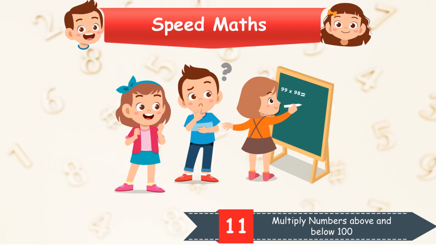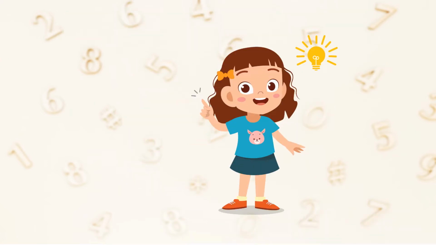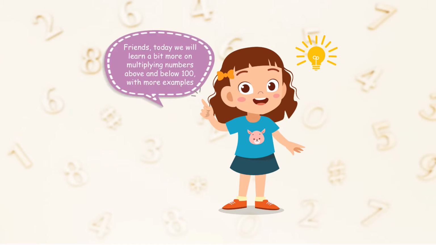Like our previous episode, we are going to see 3 different examples wherein the numbers are either above 100 or between below 100 and above 100 and so on. Jiku is going to take us through this episode. We can now proceed to see the first example of this episode.